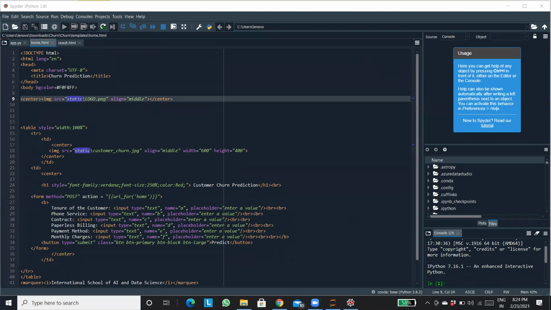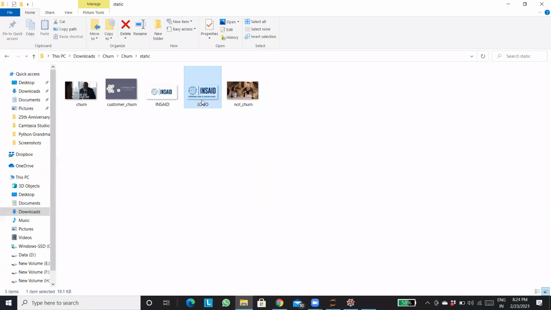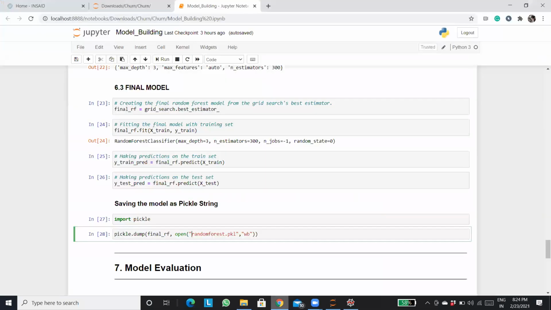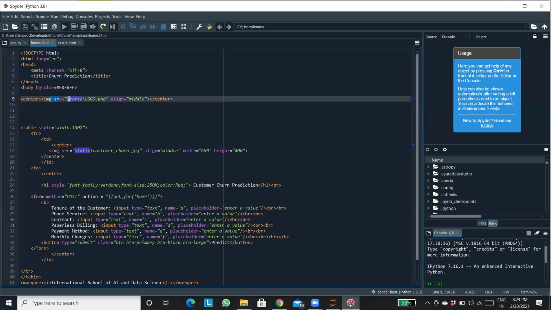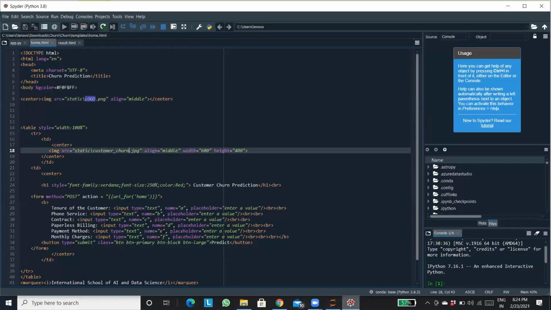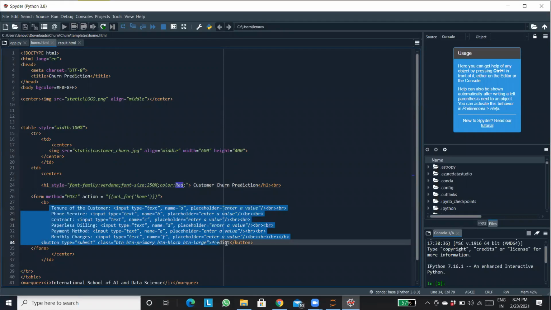Now, as I said, this is going to be your logo. So we have given this logo over there in the interface in the center here. Then here we have given a customer churn.jpg kind of image. This is going to be this image. And then what we have done, we have given some color kind of thing. As I said, you don't need to break your head in the HTML part. This particular thing is important for us. Other than that, okay, should I zoom it again?